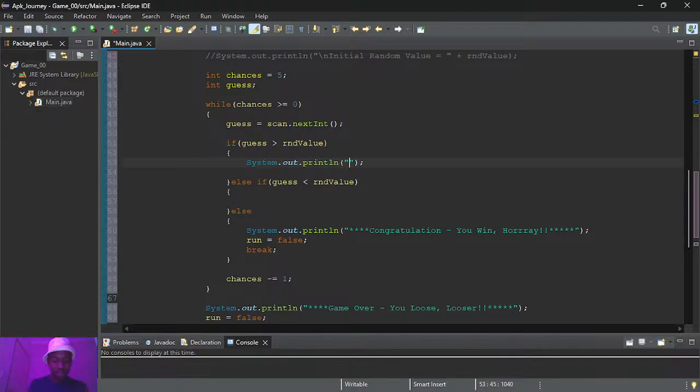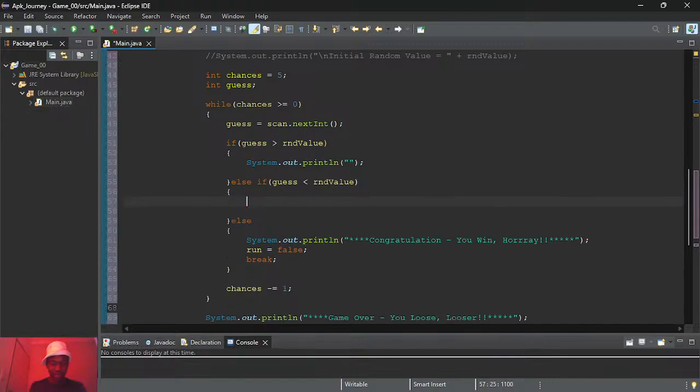Try lower, go lower, or enter a lower number. Being creative is not my thing, that's one of my weaknesses. I'm even struggling to formulate a sentence here. So something like go lower or enter a lower number, enter a lower value.